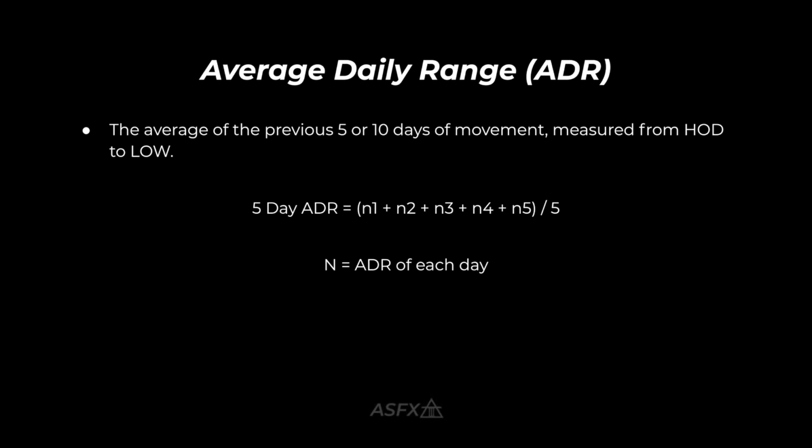Why? Here's your example. If you're trading a currency pair that has a 50 pip average daily range over the last 5 days, that pair today is looking like it could present you an entry, but it's already moved 48 pips. And the last 5 days, it has not moved more than about 50. Would it be really logical to go in and try to take a trade when it's already almost maxed out?